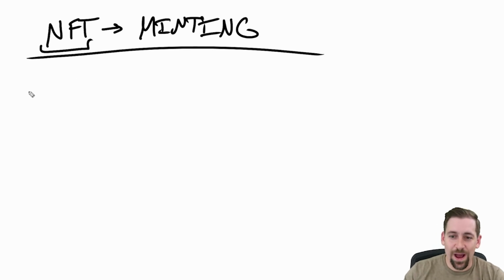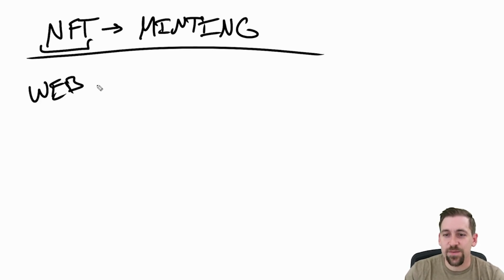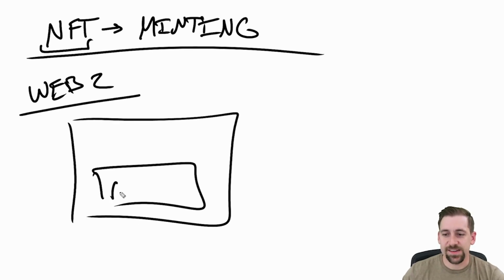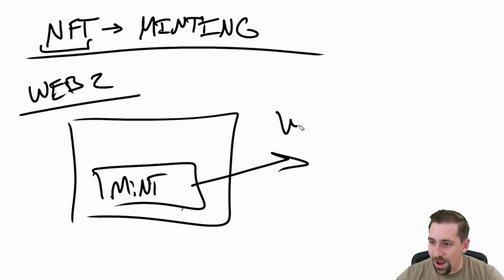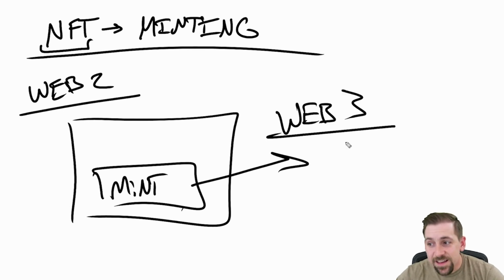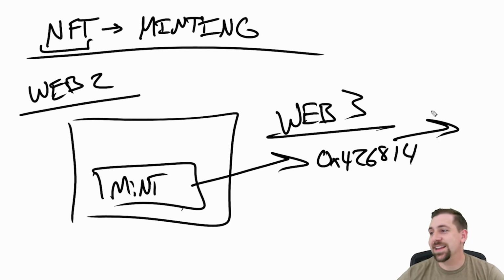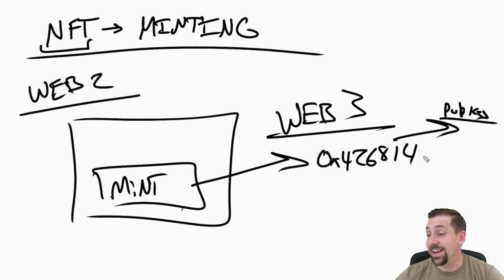And so there's this Web 2 front end that you still have to build, right, to allow a mint, for example, a mint button. When you click this, it interacts with a Web 3 infrastructure to mint the token ID, and then send it to the correct public key and sign it with the public key of the original transactor and whatnot, right? So now it gets sent to where it needs to go.